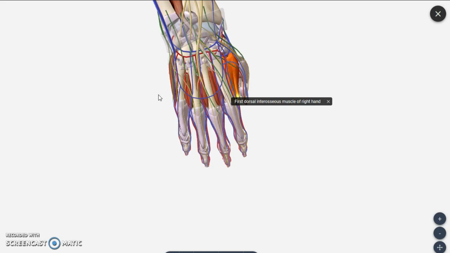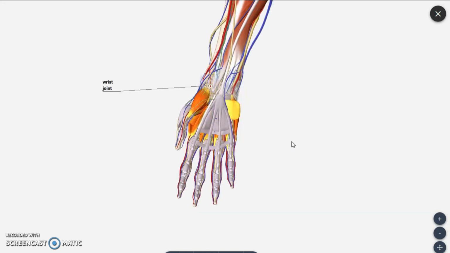Now we will approach palmar aspect. So here you are seeing palmar aspect of hand, that is anterior surface. In anterior surface, first thing what you are seeing is palmar aponeurosis. So it is again a thickening of deep fascia. As we saw extensor retinaculum in the posterior aspect, here we will be having two thickenings. One is flexor retinaculum, and another one is palmar aponeurosis. So after removing this palmar aponeurosis in hand region, you can make out an arch.